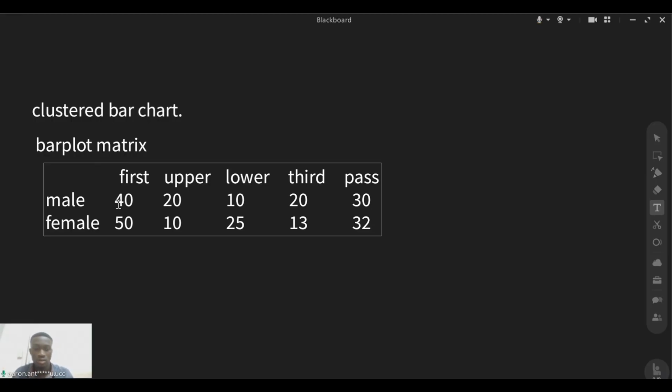And you get that data, you can just write a code to get this bar plot matrix. So now we go on and write the code to get this bar plot matrix. So we're going to name that matrix as matrix. We are going to assign it to